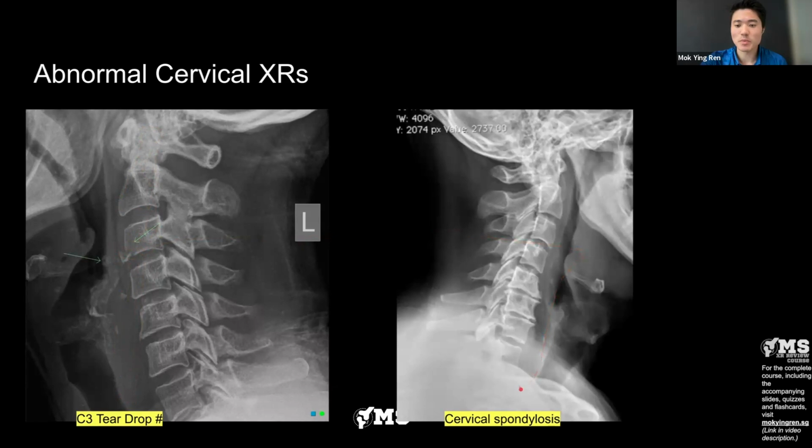Now this is cervical spondylosis. It simply means some wear and tear degenerative changes in the vertebral bodies. And how do we know the level from here? 2, 3, 4, 5, 6. So C5, C6